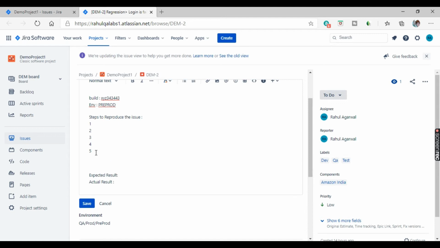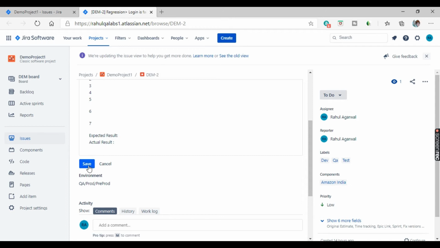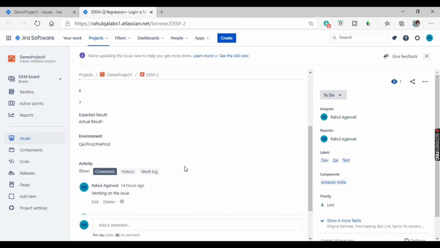You want to add any steps, as per whatever the changes you want, you can change it out here, and when all the changes are done, you can just click on save. Okay, so see this description, whatever changes you have done, it is saved here.